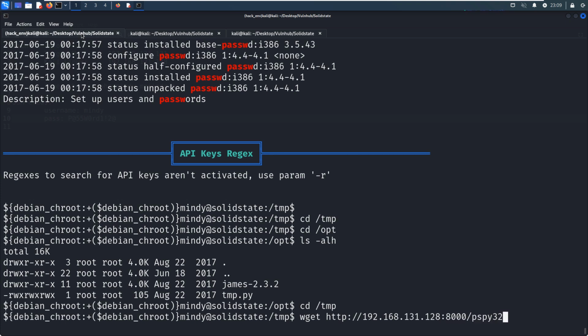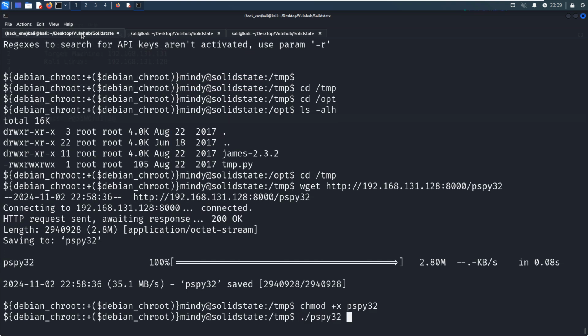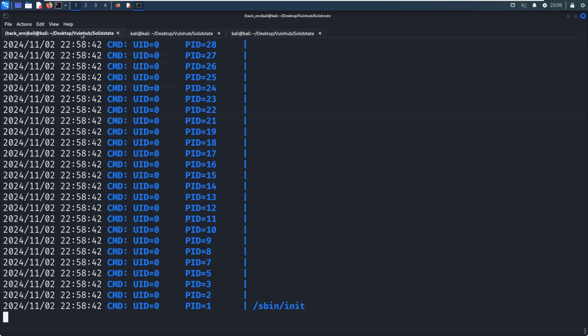pspy32 is uploaded. We need to make it executable, and then we can run it to see whether there is any process owned by the root user that runs the temp Python script under the opt directory regularly, like a cron job. I think pspy is also another very common and important technique which we should grasp.